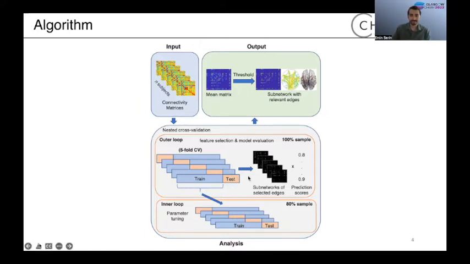Once we extract a sparse subnetwork, we use it as the feature set to train a machine learning model on the train set, and then we evaluate the performance of the trained model on the test set. Additionally, we can also optimize the hyperparameters for the corresponding machine learning algorithm in an additional inner loop, as you see here. Yeah, so we repeat